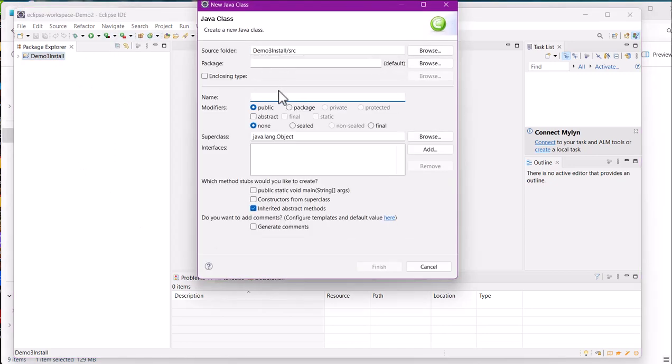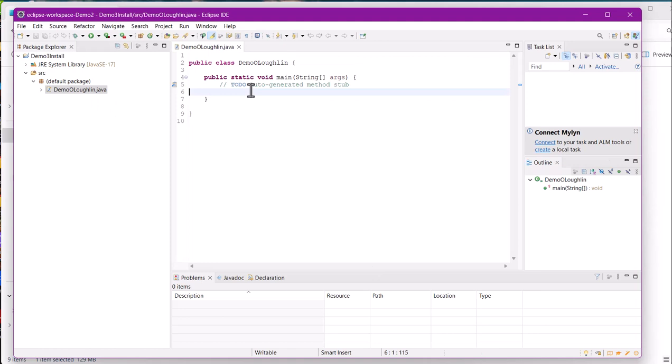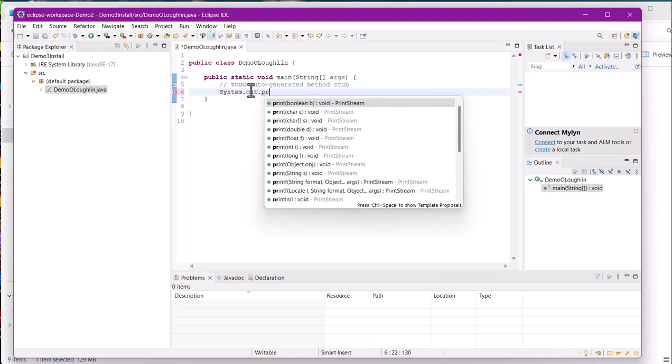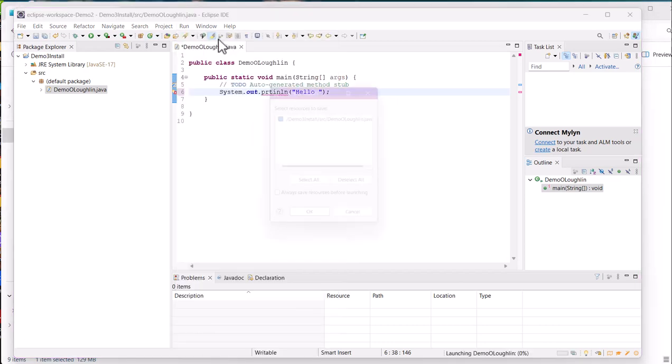This is where you will name it with your last name if you're creating a project. So I'll just do demo a Lachlan, for example. We'll include main, click finish, and then we are going to have our starter program where we can start out and conduct the rest of our class. So just to show you how this works quick, although you've seen this in the other videos probably. And then if I want it to run, click run,